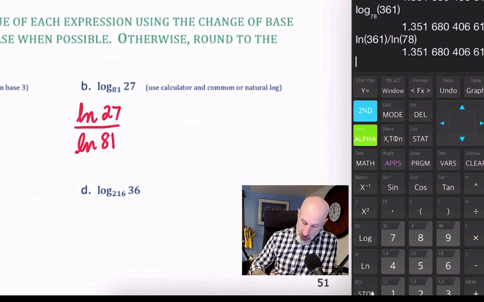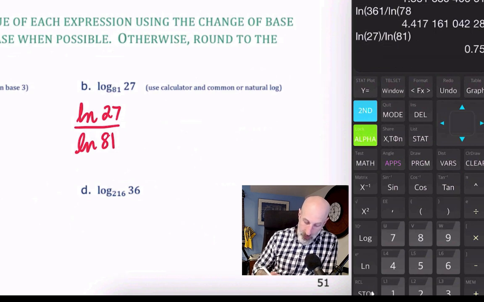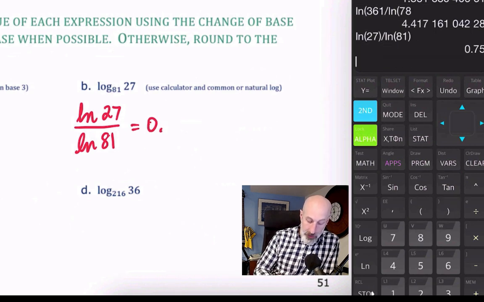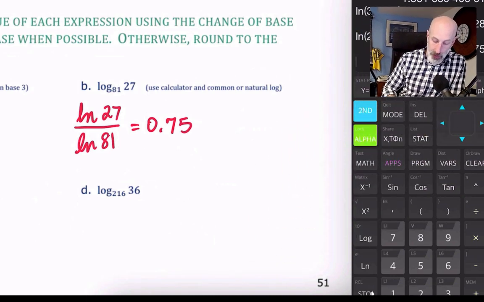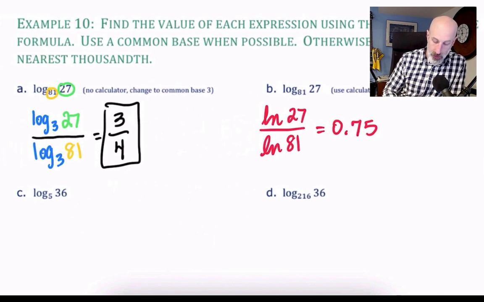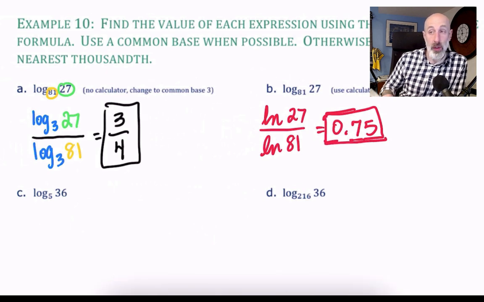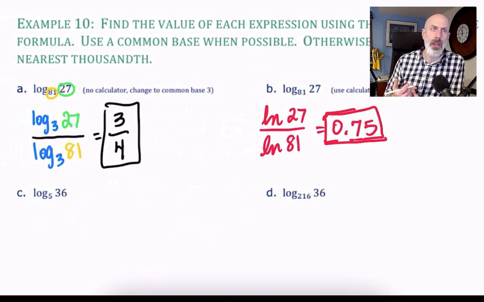And on the calculator, that natural log of 27 divided by the natural log of 81, here we go, is not approximately, but exactly 0.75. Well, that's what 3/4 is. So if you get a value that's rational, meaning terminating or repeating, maybe there's an easier way to do it. Okay? And what you'll try to do for some of these is decide which ones can you do without a